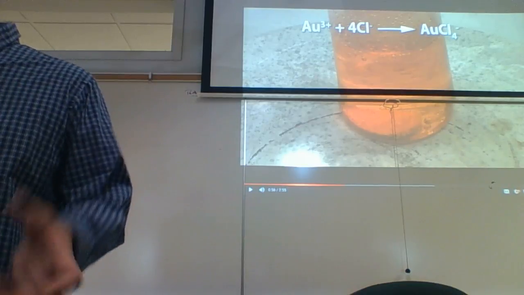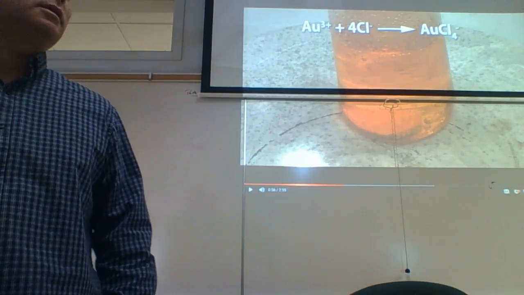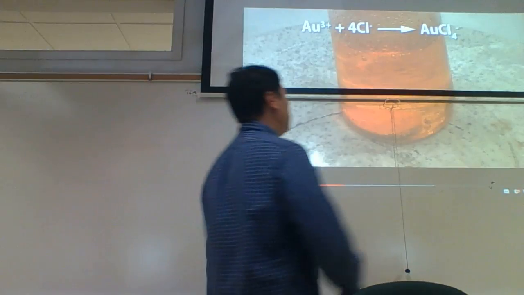Sometimes we don't do the thermal. Sometimes you just mix it and see what happens. And that's something called skeleton redox. And skeleton redox